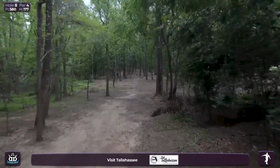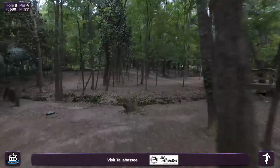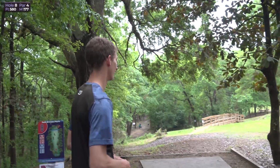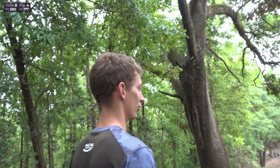Accuracy is key, keeping it in the middle and somehow not going long enough to find the OB creek. It's 580 feet, but it honestly feels like it plays longer than that. Here's Calvin. That's what I'm trying to figure out. I either throw eagle, like flipping eagle, but if you don't get far enough or just the perfect spot, the approach is like...